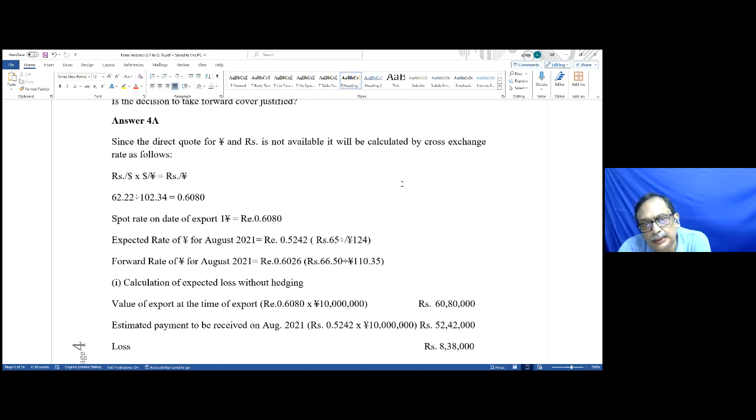As it is given in the question, the direct code for yen and rupee is not available. So we are required to calculate it by cross exchange rate, and that will be rupees per dollar multiplied by dollar per yen, so that we can have rupees per yen. So it comes to 62.22